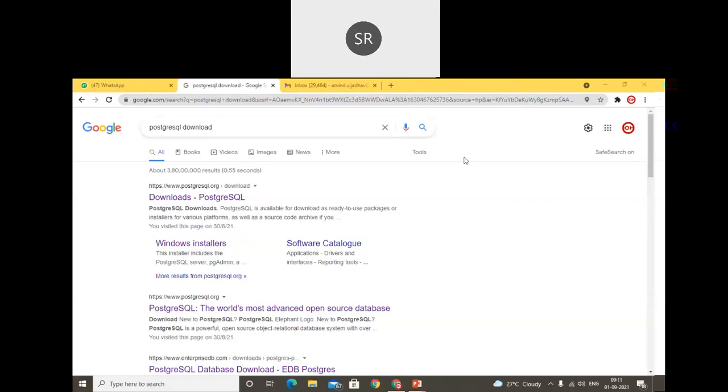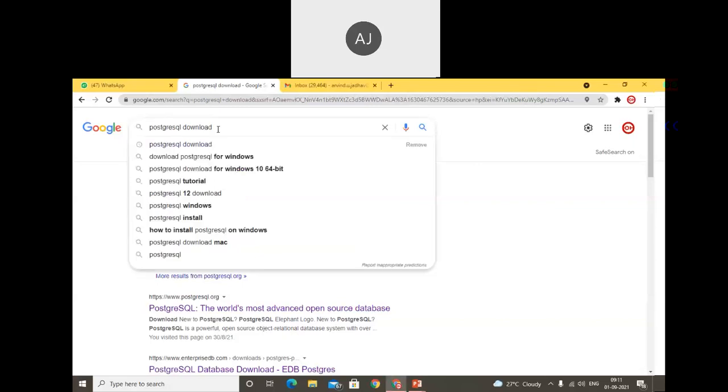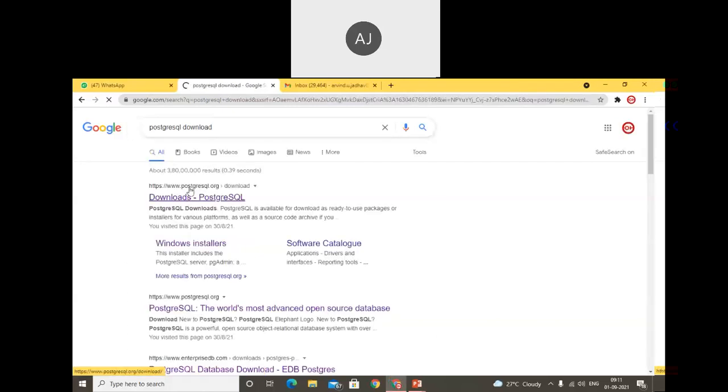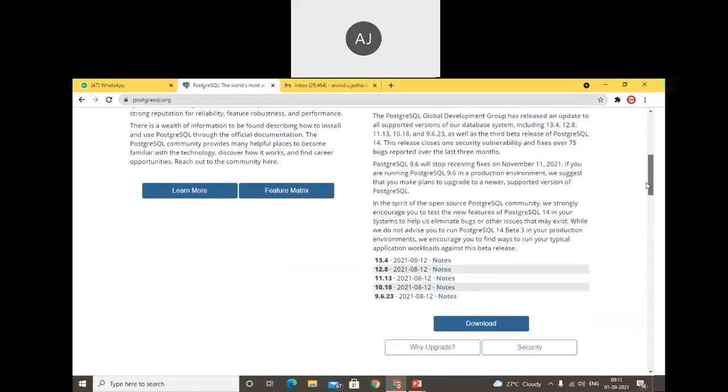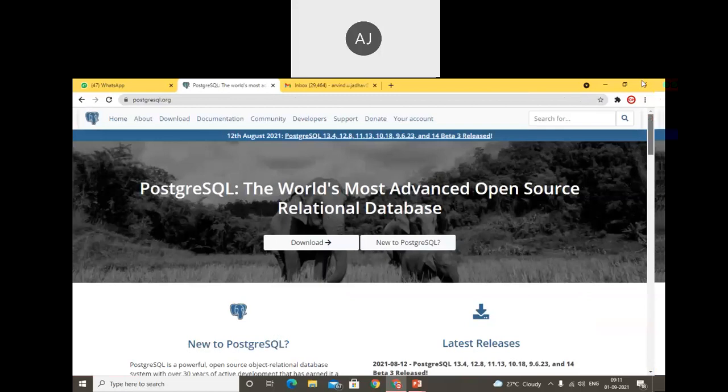Okay. So here we need to download the PostgreSQL software. Enter Google and type PostgreSQL download. Click on that and we get the first website. Okay, so here is the official website, www.postgresql.org. Click on that website, and afterwards these are the options available. You can download the applications from this download section. Here we get the latest release information and downloads. Okay, so click on downloads.